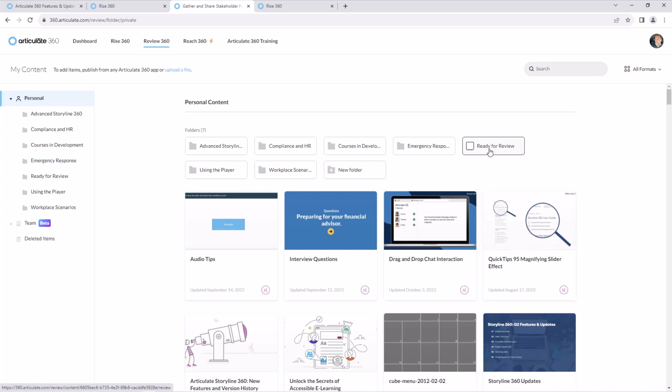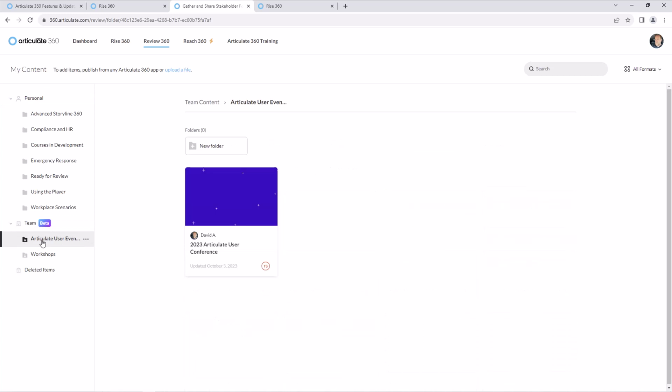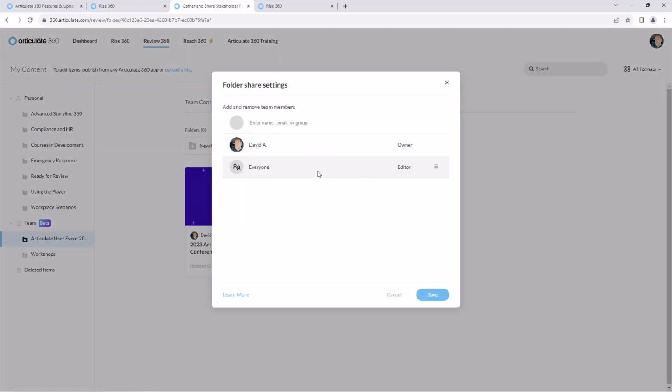So let's do this. I'm going to jump into my team folder down here, and I'm just in a demo account right here. But in here, I've got a file. And if I look at this, it's just a conference project that I'm working on. But because it's in the team folder, if I pop this open and look at the folder share settings, everyone that's part of this team can then quickly make any changes, review the comments, and I don't have to share the file out individually. It's all automatically available.